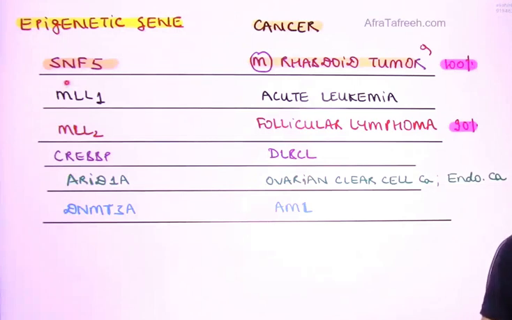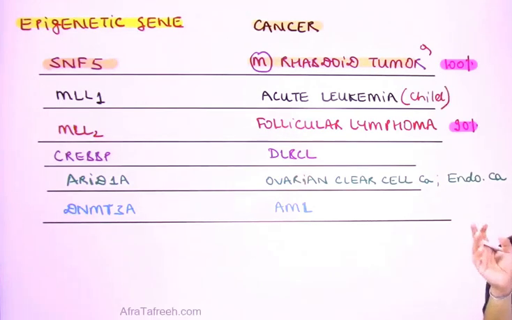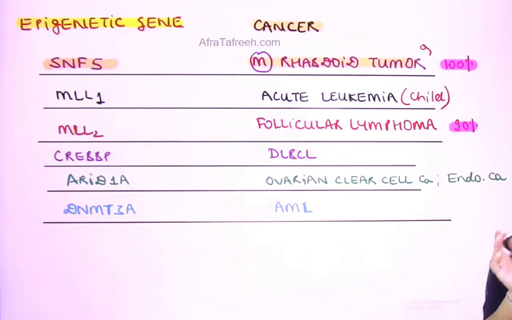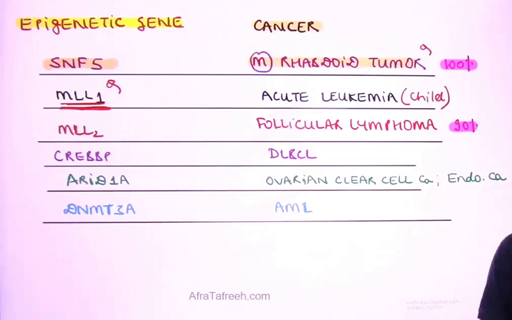We do have the involvement of something like MLL1. MLL over here stands for mixed lineage leukemia gene. So MLL1 is associated with acute leukemias, particularly in case of children. Now, whenever we are talking about acute leukemias, we understand that they can be of two subtypes: acute lymphoblastic leukemia as well as acute myeloid leukemia. So both ALL as well as AML are associated with, and that is what I want you to remember, the MLL1 gene, which is going to be altered as an epigenetic gene.